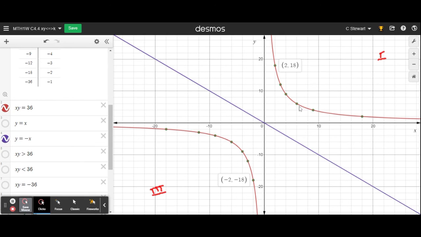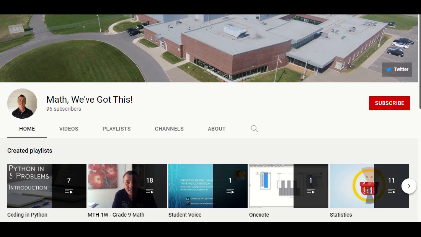And just to add a little more proof to that, let's take (6, 6). Let's keep that highlighted for a moment. There's (-6, -6). And I'll grab this point here, (9, 4). So again, you can see how the x and y coordinates have